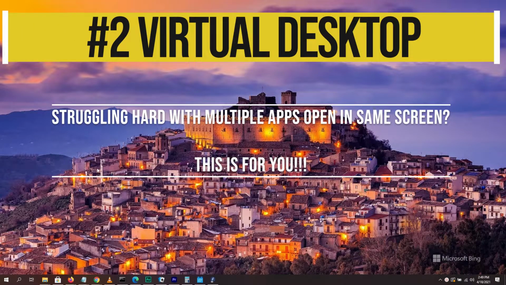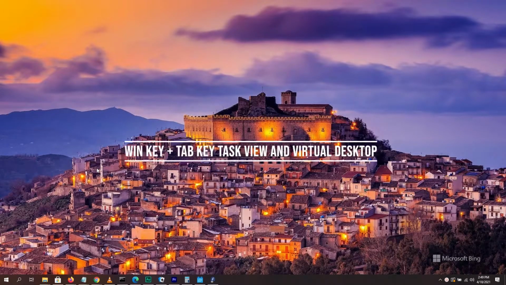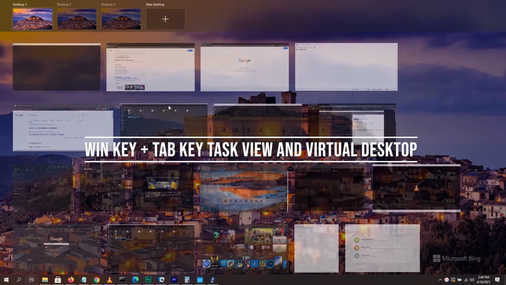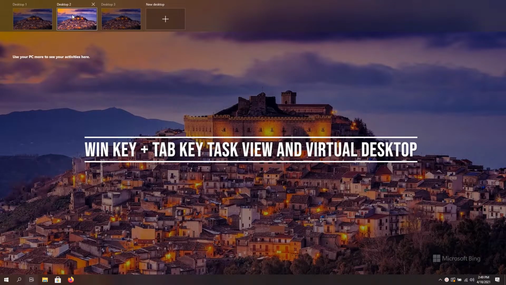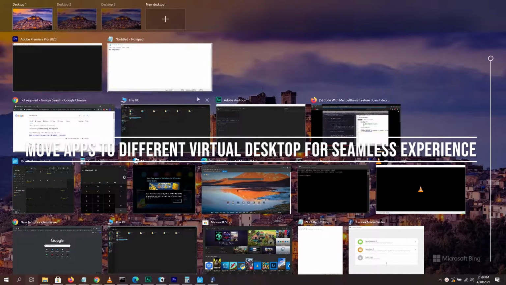Here comes another exciting tip, virtual desktop. It is time consuming and inefficient when so many applications are open and you are switching between recently used ones. By going to task view using the Windows key and Tab key combination, at the top we can see 3 default